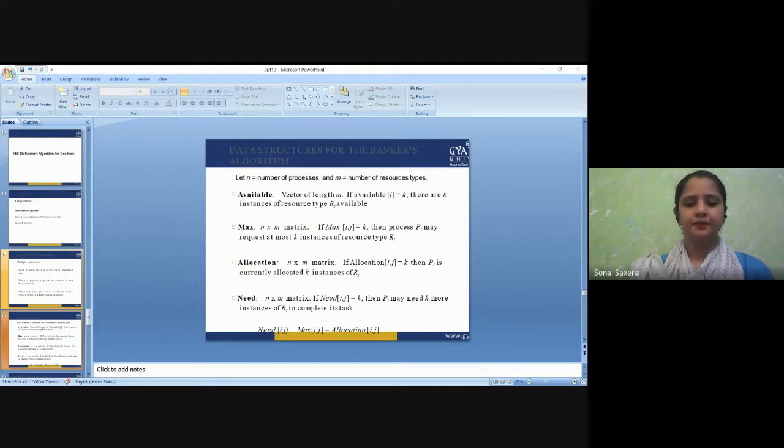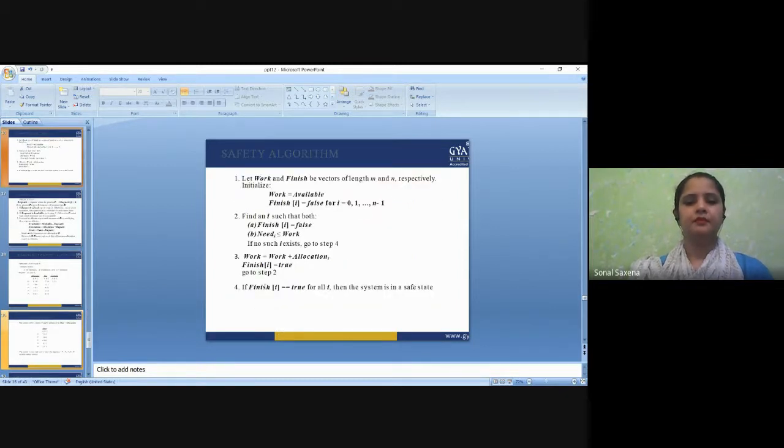So here I'm just going to quickly show it to you. I'm stopping the presentation here, and I'm showing you one numerical based on the formula that we have seen. Let me quickly take you to that numerical. So I hope you are able to see this example here.